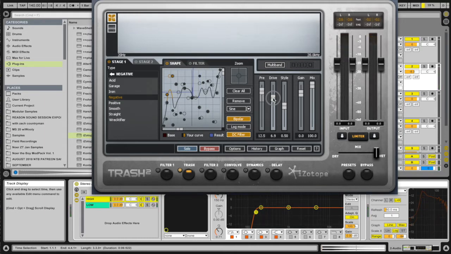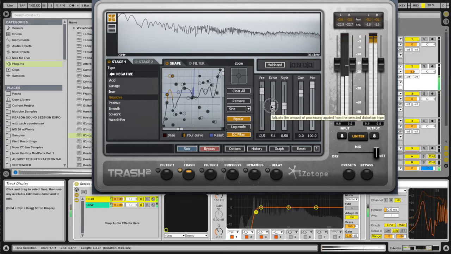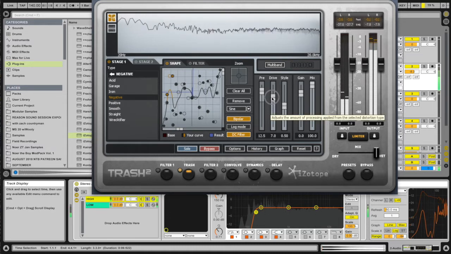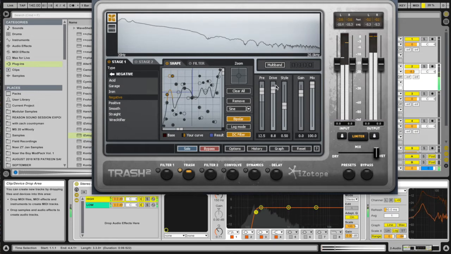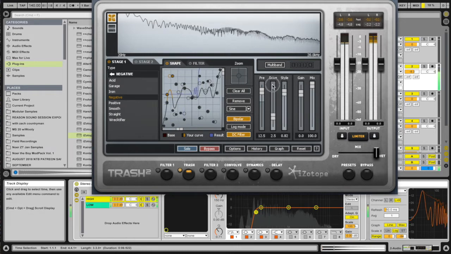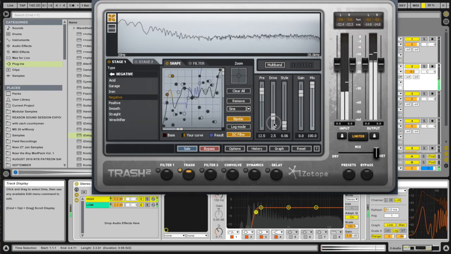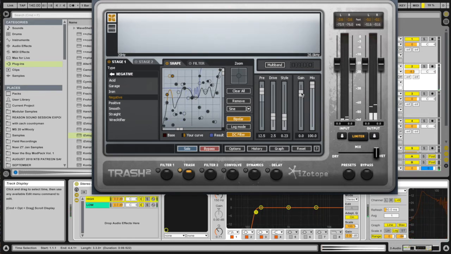Then you have the drive, which is adjusting the amount of processing on that particular part of the graph, and you can see that right there. Whatever you're doing, it'll apply to the graph. Then style is just another way of sculpting the sound. And then you have your gain and your mix, and that's good for if you want to allow a little bit of the clean signal to come through,